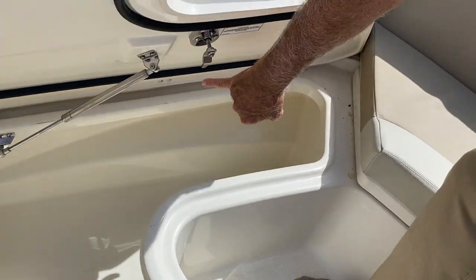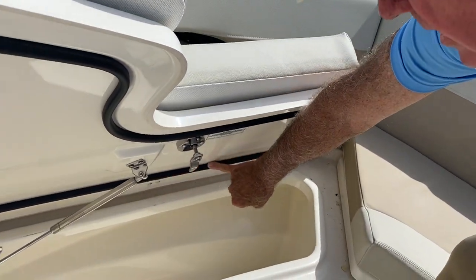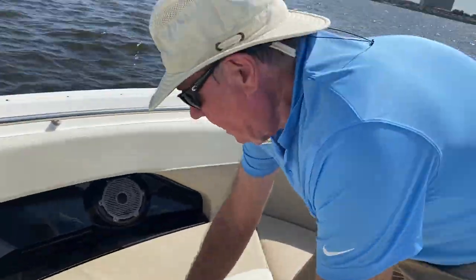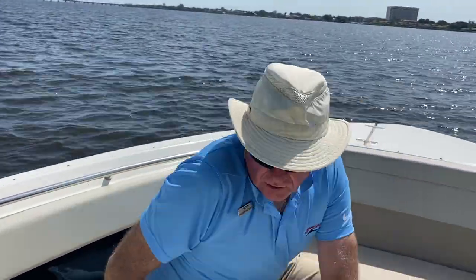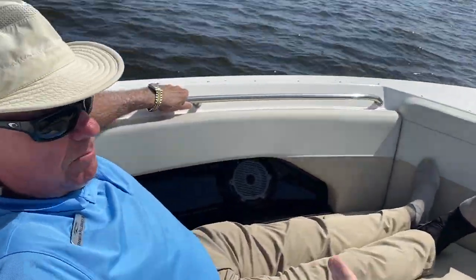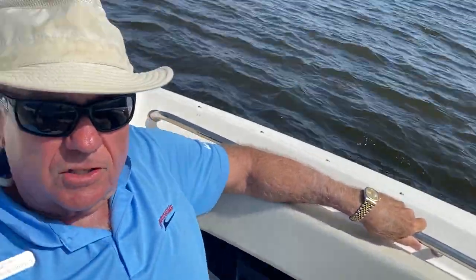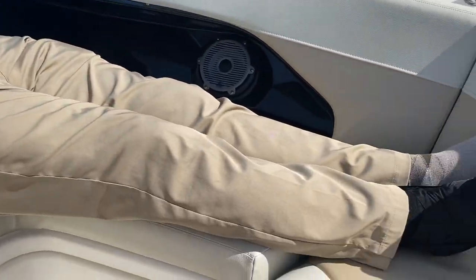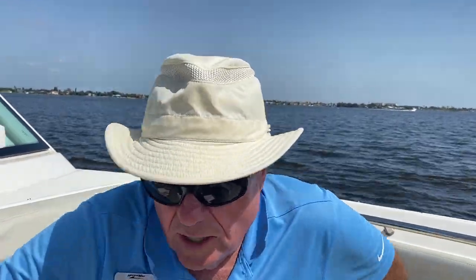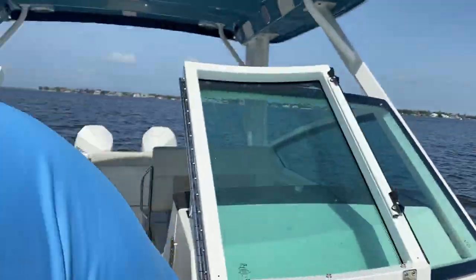A typical Boston Whaler, you'll notice the rubber seal here as well as the indentation, so this is a good dry spot here. And you'll also notice fold down armrest and just how comfortable and big this seating area is up front here. So I got plenty of room to stretch out and to enjoy. Also, there's plenty of room here for people if we want to seat 4 or 5 adults up in this front area as well. And then the storage over on this side,